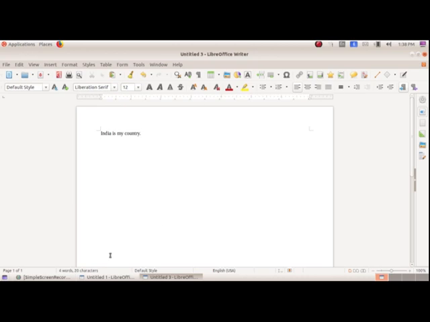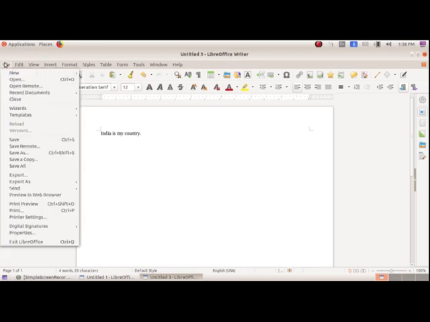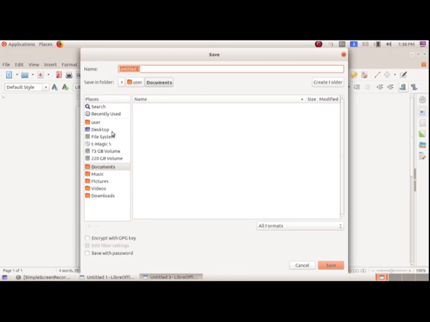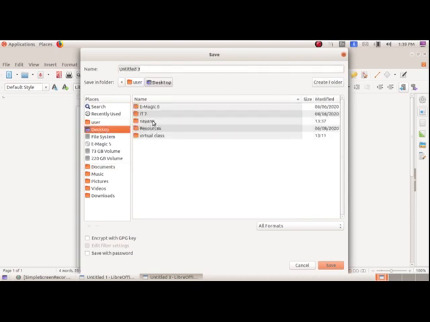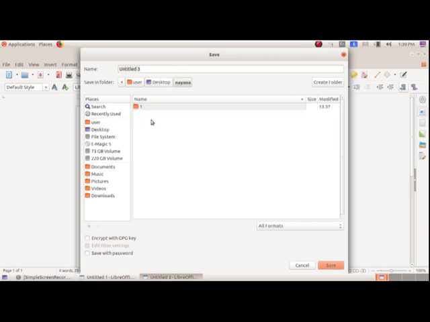Now I am going to save this file. We can save a file by going to File. Here you can see the option Save As. Save it where we have created a folder on the desktop. We just click here, Desktop, double click, and you can see the folder name Naina, and I am going to save in the subfolder. So click it, and here the name can be changed. If you want, you can change the name here. In the file name, I am saving it in my name, and save it.